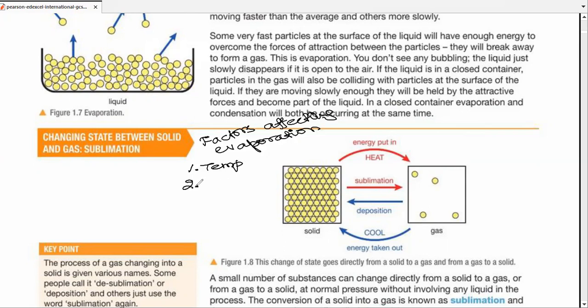However, there are some other factors too. For example, the nature of liquid is very important. Some liquids evaporate faster than others. We know petrol, the gasoline. Yeah, if the liquid is pure or not. Right. So the ones that have lower boiling point actually evaporate faster than the others, or the ones